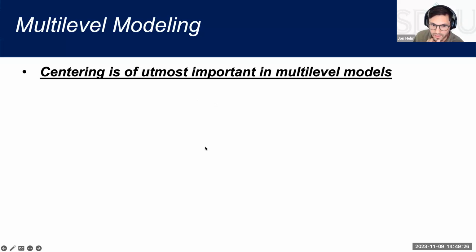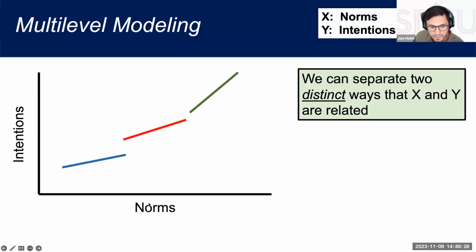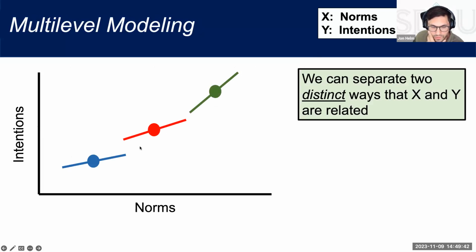So this is also a higher level concept. If we're looking at the association between two level 1 variables, there's actually two distinct ways that they can be related, right? So remember, we're looking at norms versus intentions, and we have associations, in this case, with 3 different clinics. What I want to do here is draw the means of each of the groups. So the circles represent the averages. And what's really nice is that for a given clinic, so for this clinic here, the average for norms,